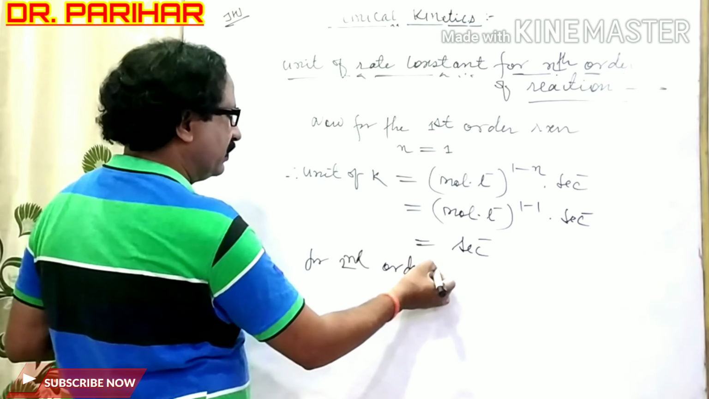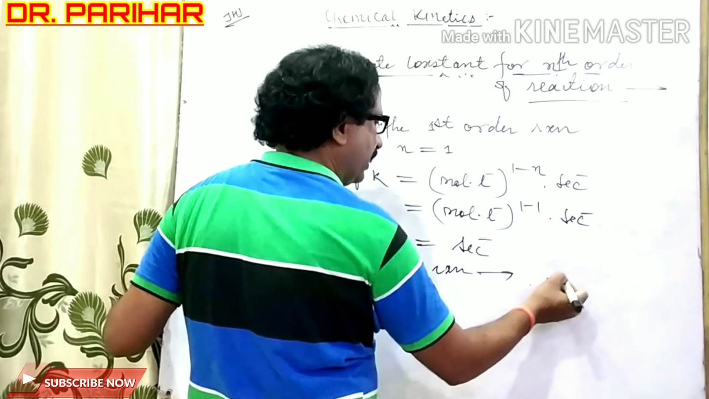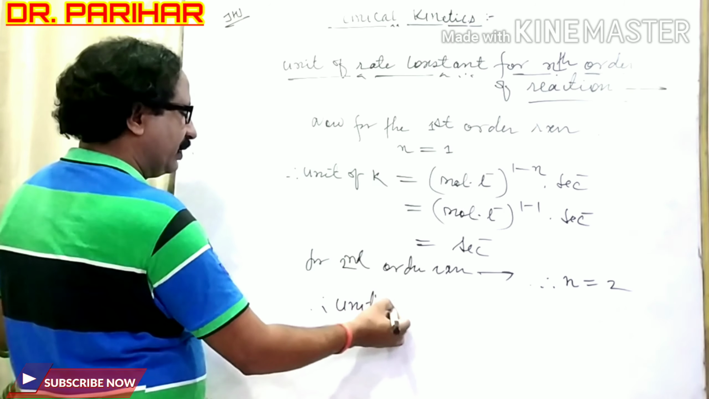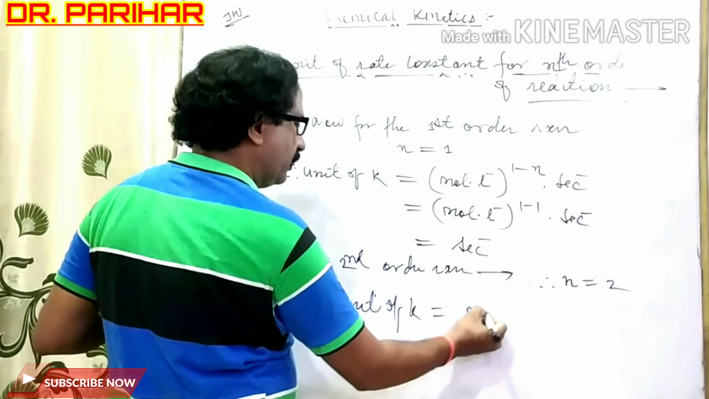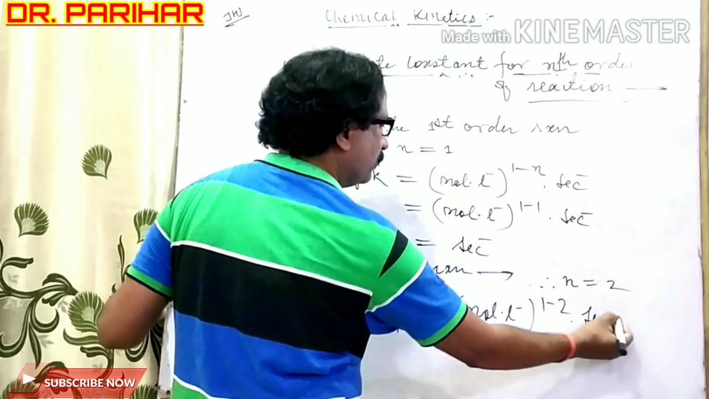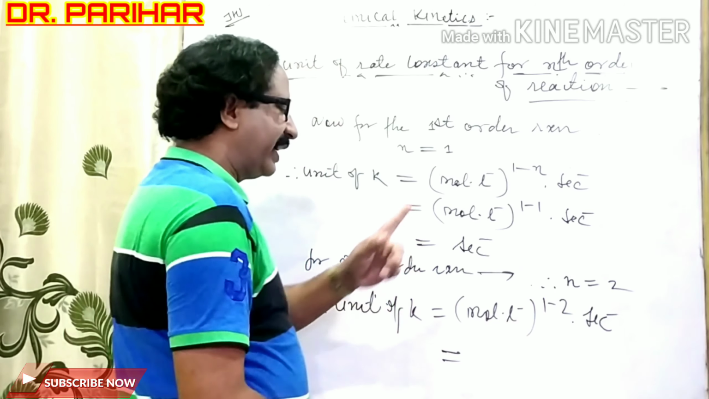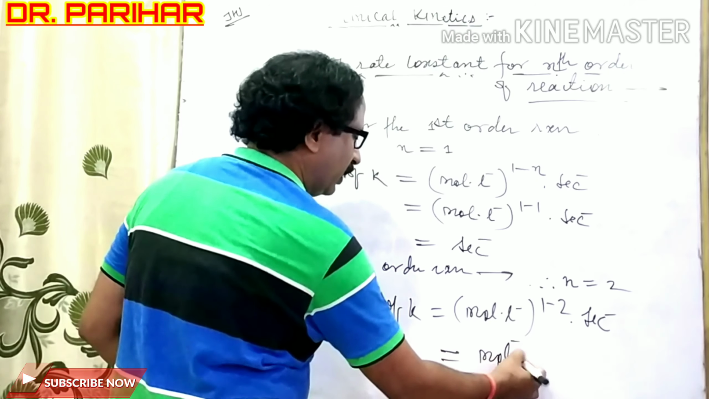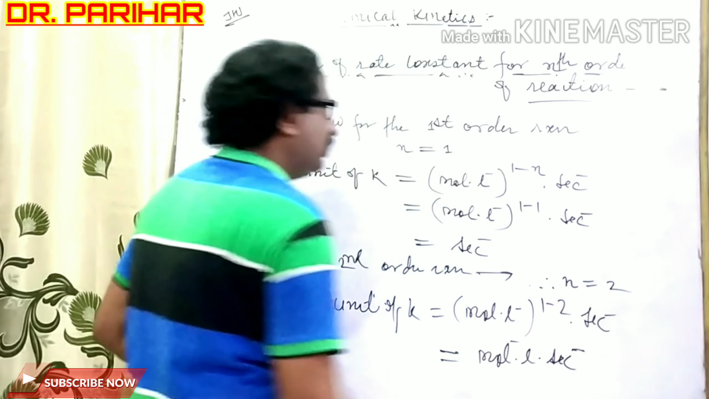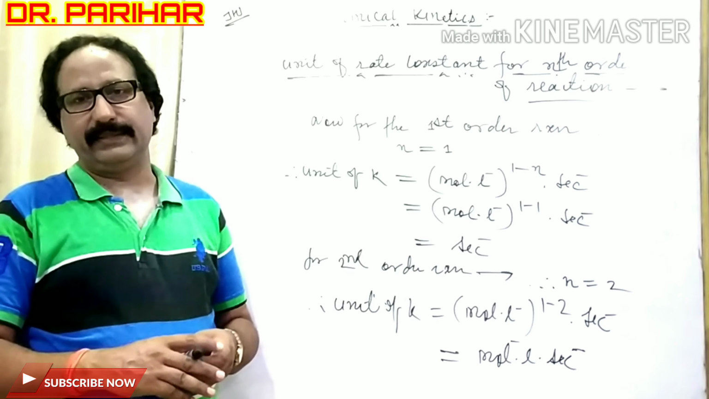By the same way, we can also decide the rate constant for second order reaction. For second order reaction, therefore n is equal to 2. Therefore unit of K is equal to mole into liter inverse to power 1 minus 2 into second inverse. That is equal to, 1 minus 2 means minus 1, mole inverse into liter into second inverse. This will be the unit of the rate constant of second order reaction. Okay, and